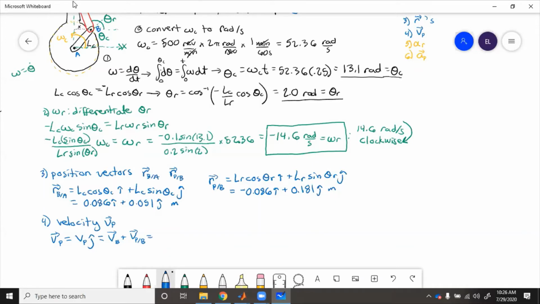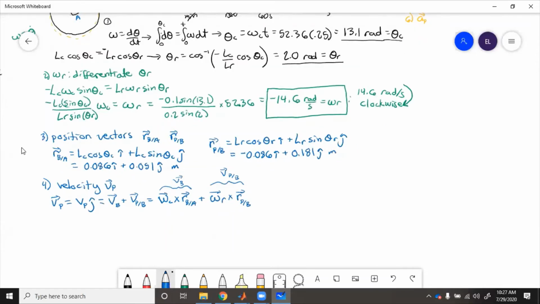So this equals omega C cross RB with respect to A to get velocity at B. And then we add plus omega R cross with RP with respect to B to get velocity of P with respect to B. Do that cross product down here, we get Vp J hat equals